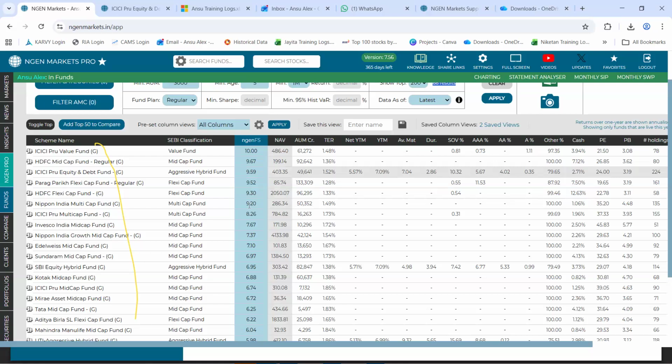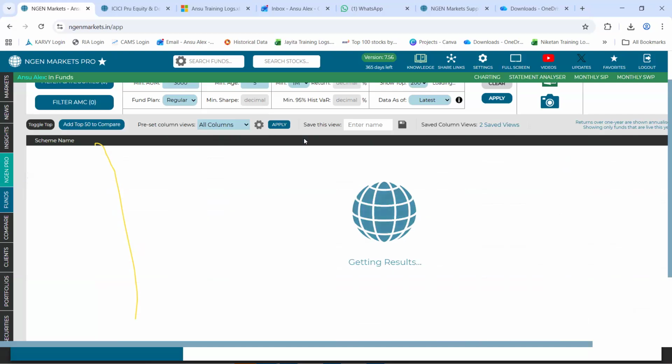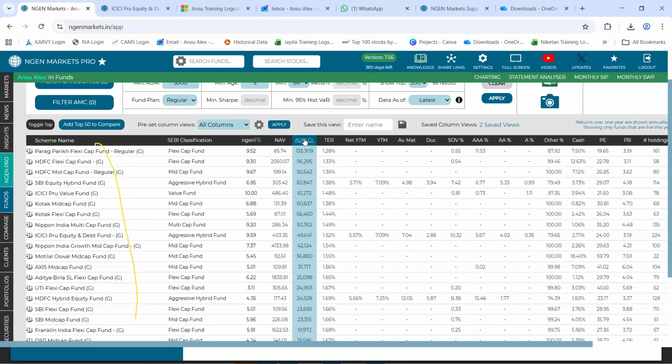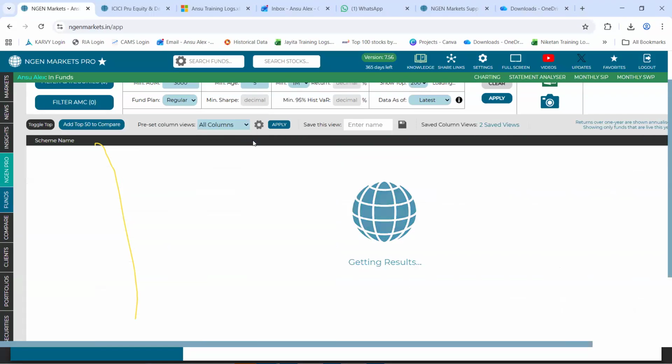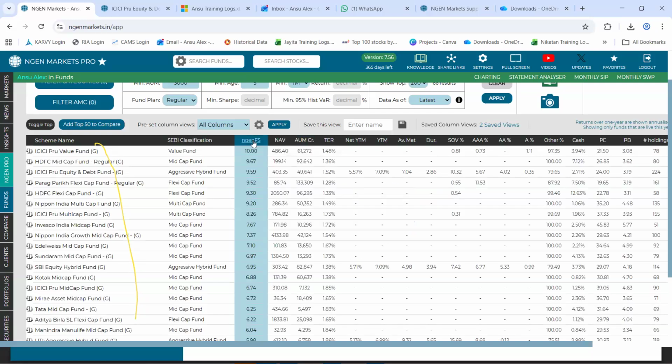For example, if I wish to sort it on an AUM level, you simply click on the column heading. Your data can get arranged either in the ascending or in the descending order, and it will be highlighted in blue color that way. Now I'll again come back to engine fund score, sort it basis the fund score.